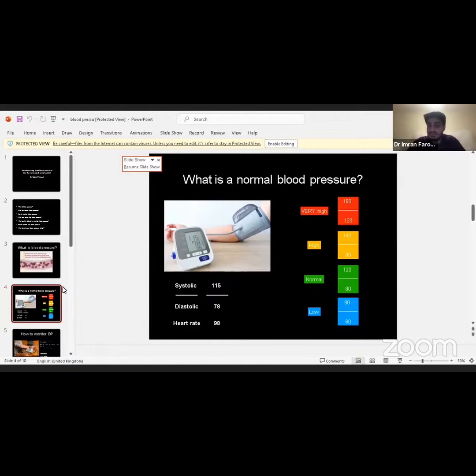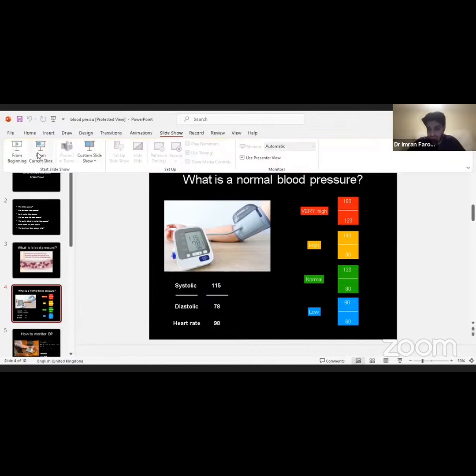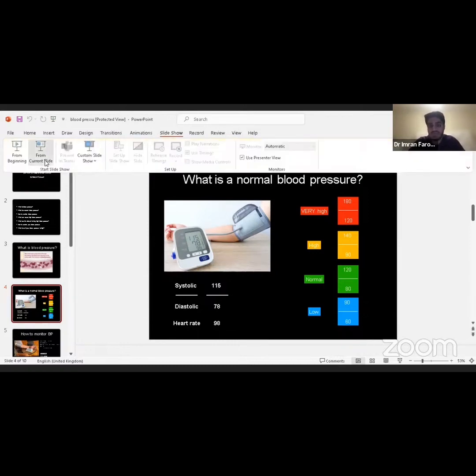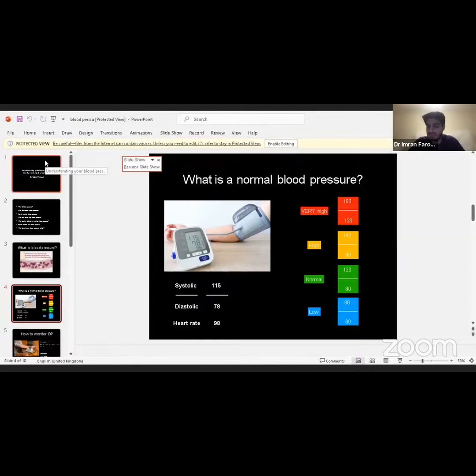So blood pressure consists of two different numbers. If you have a little look at the machine on the top left, you can see the two numbers, 115 and then 78. The 115 is what we call systolic pressure, and that's the pressure within our blood vessels when the heart is pumped. If you imagine our heart is a big muscle, when it contracts and beats and pushes the blood around our body, that systolic pressure is that higher number.